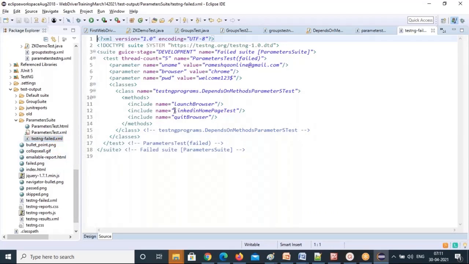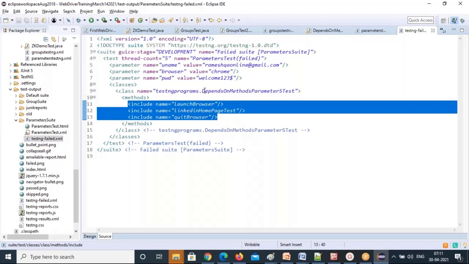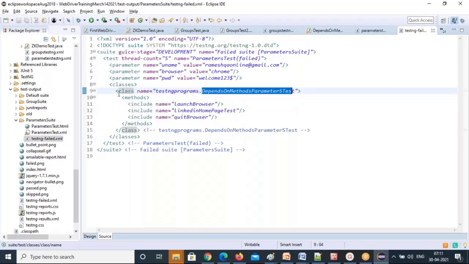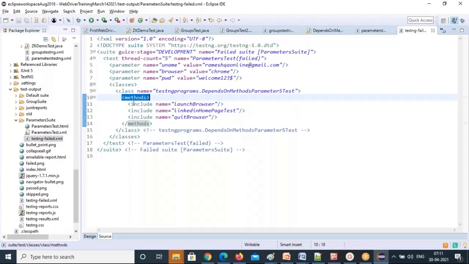Which one failed for us? LinkedIn homepage failed, right? So only that method is taken from this class. So there is a class tag, and inside the class tag, the methods you want to include: include name launch browser, include name LinkedIn homepage test, include name quit browser.